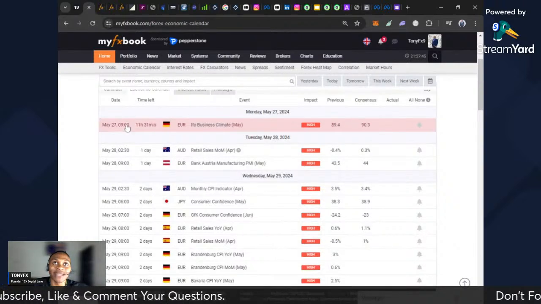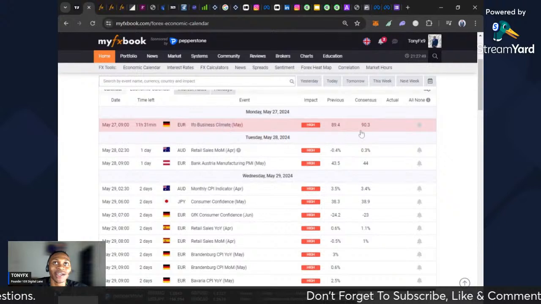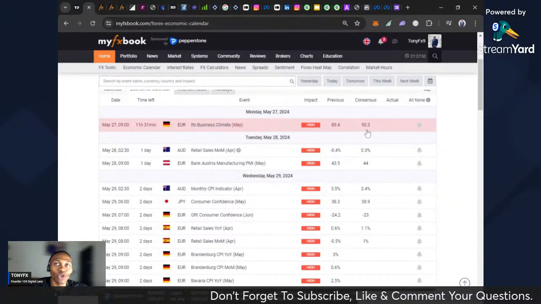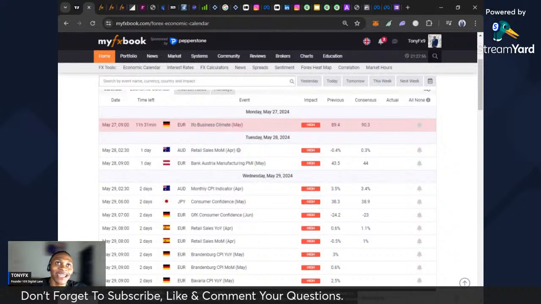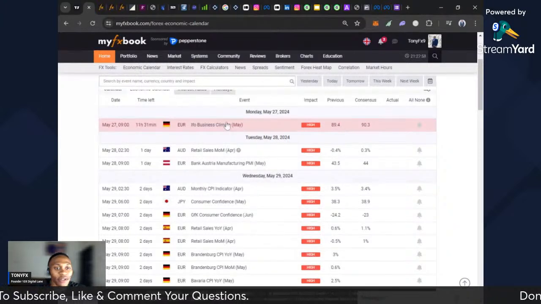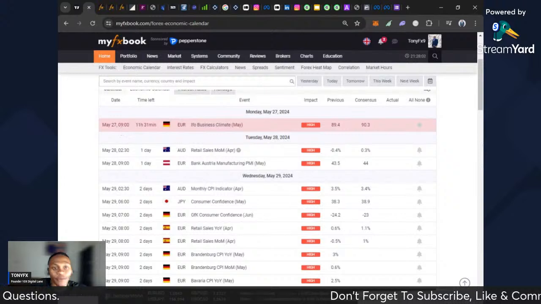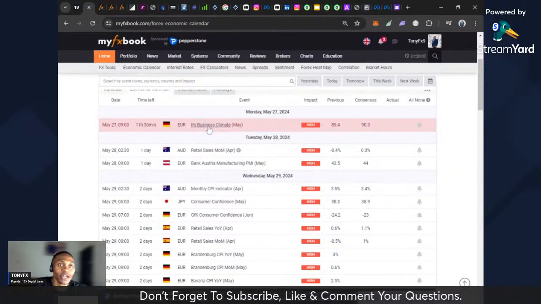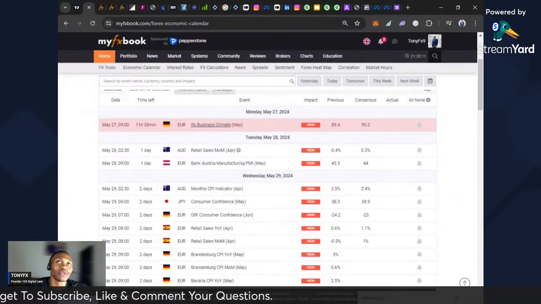Then we go to fundamental. Over here, we have by 9 a.m. tomorrow morning, Monday morning, business climate. If the business climate turns out negative, euro USD will start selling massively by 9 a.m. Massively. And I think this is the trigger we need. This news will turn out negative based on what I see on the chart. This is the liquidity. This is the main trigger that will pull the bullets for euro USD to start selling.